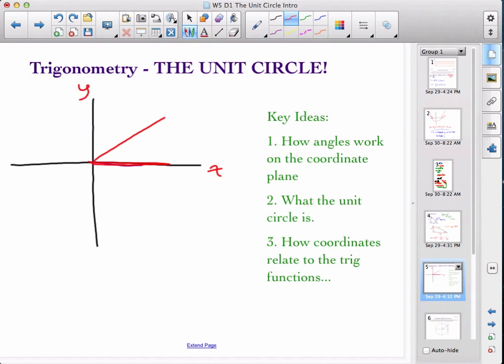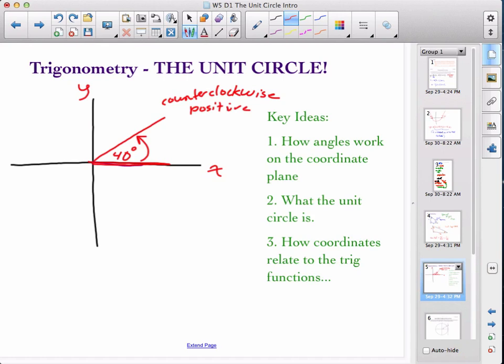So if I wanted to draw, say, that looks about maybe 40 degrees, I can express this 40-degree angle on a coordinate plane, okay? Notice, it is opening up counterclockwise, right? And it's a positive